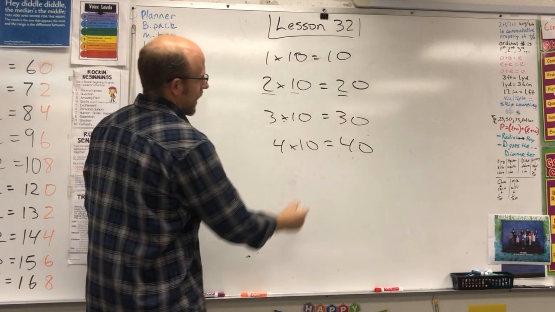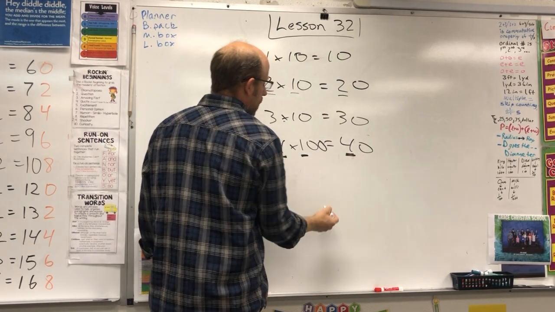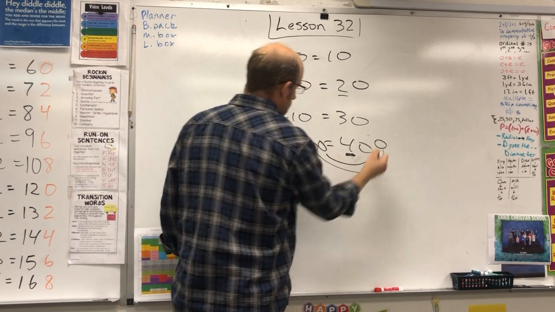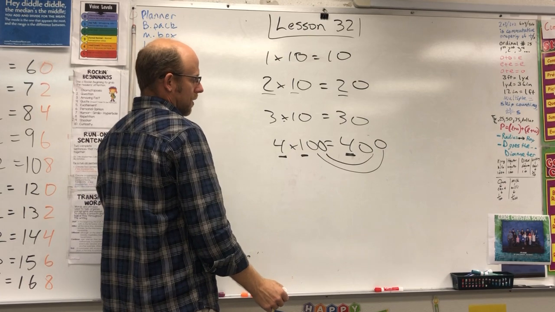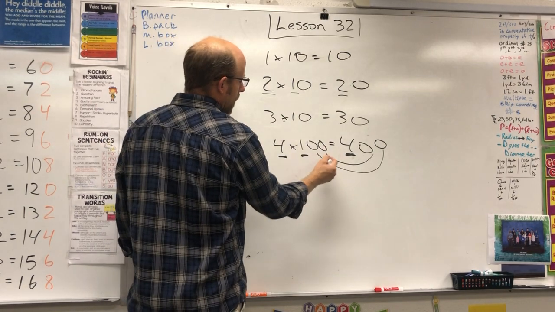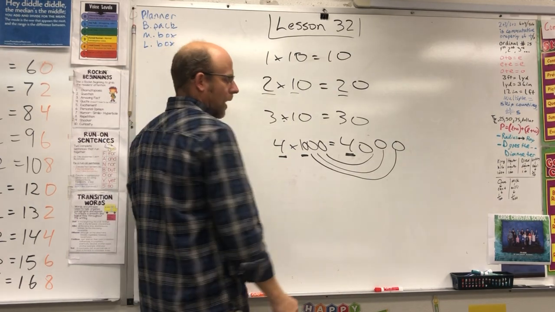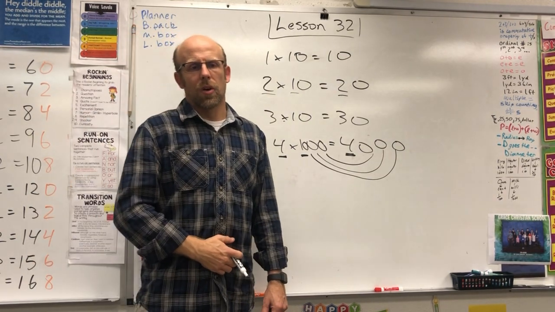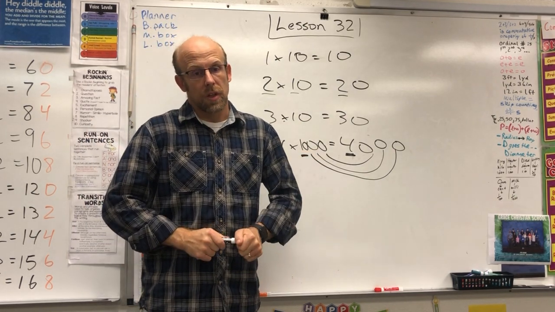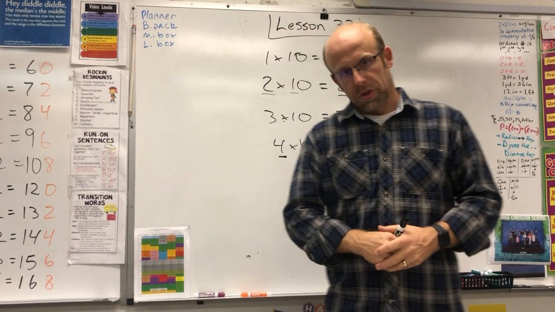Fun fact, if you add another 0, you still do 4 times 1 is 4. And then we add our zeros. Add our 2 zeros, and it's 400. So if we did it times another 0, we would add another 0, and it would be 4,000. So when you're multiplying by tens, or multiples of 10, like thousands, it gets to be super duper easy. So that's your math new concept today,